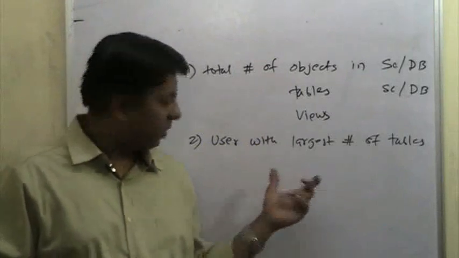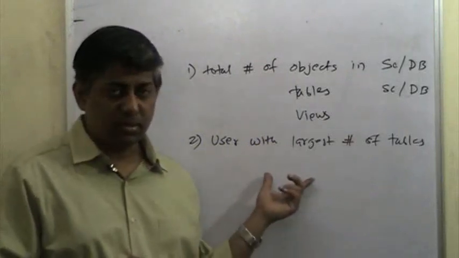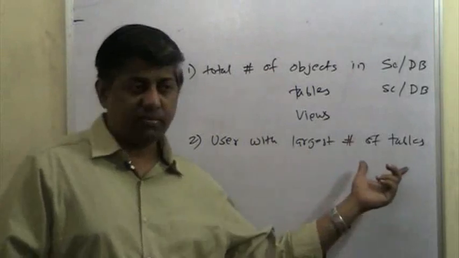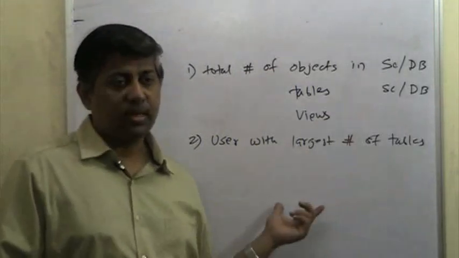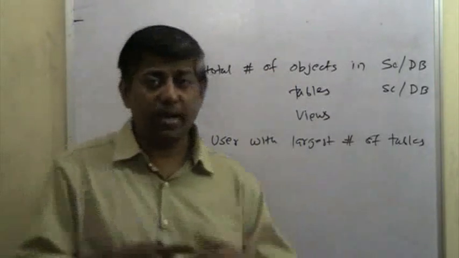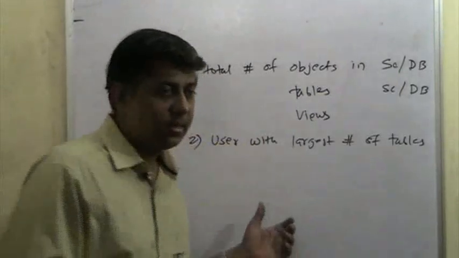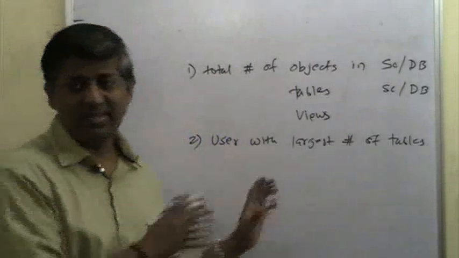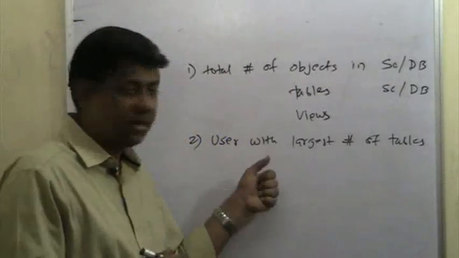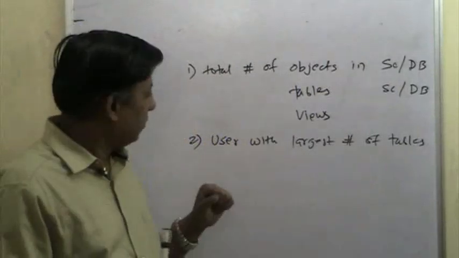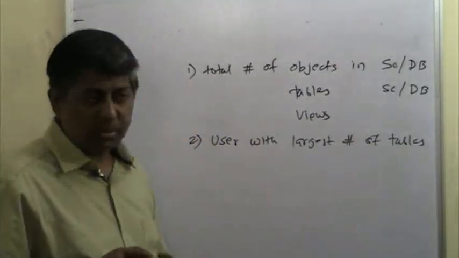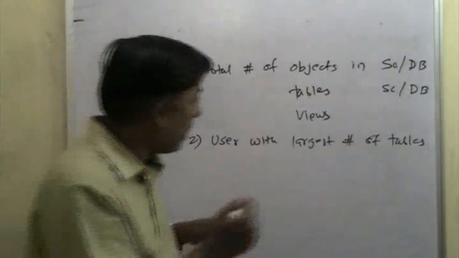That is what you have. So I will give you a hint. You need to use the count star because it is the total number of tables, and you are going to do a group by certain users, so the owner, and then this is enough. I think this is enough of a hint for you to find out. So the user with the largest number of tables, the user with the largest number of views,